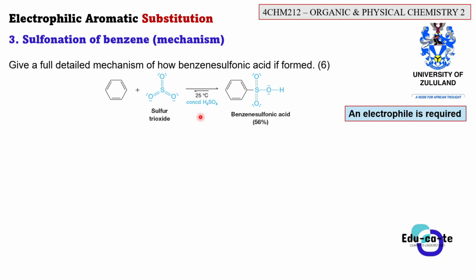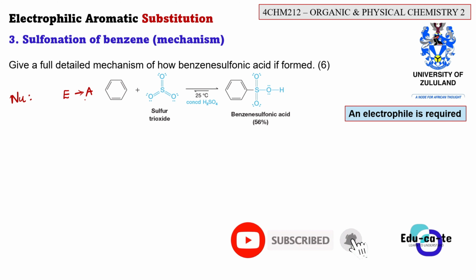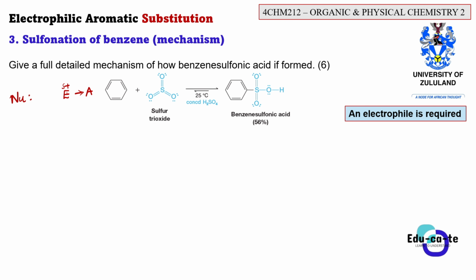Remember, for every substitution reaction, generally we need 2 things: a nucleophile as well as an electrophile. I always remind you in all the mechanisms that you would always need a nucleophile, which has a lone pair of electrons. It can be negatively charged or it can be neutral, it's fine. And then you also need an electrophile. An electrophile usually is connected to a leaving group, and that leaving group is usually more electronegative. You already know that. And this electrophile is usually slightly positively charged, or it is electron poor.